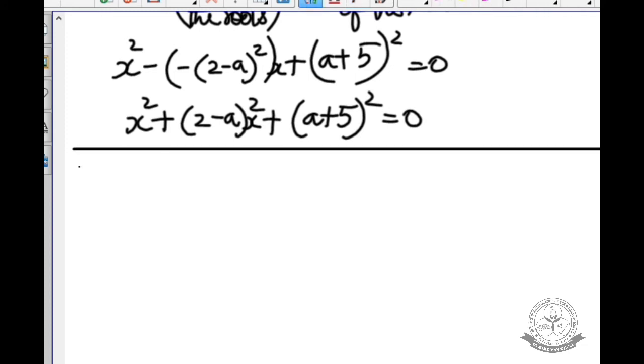Now second question, first subdivision. In the second question they asked to find the sum and product of the roots. In the first question they give the sum and product of the roots and ask for the quadratic equation. For the second question one equation is given. You have to find sum and product. So the given equation is